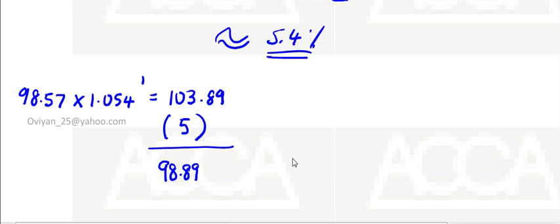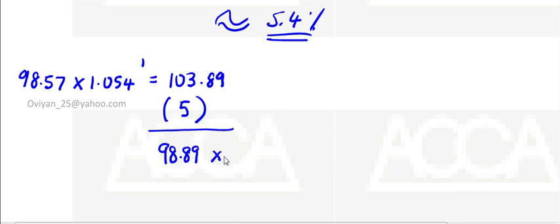Now that's my second year. I'm going to sleep for 1 year. I'm going to wake up, and if I want the same yield, it's going to be 1.054 for 1 year, right? Every time 1 year. So it's going to be how much? This is my second year. Multiply by 1.054. I'm going to get